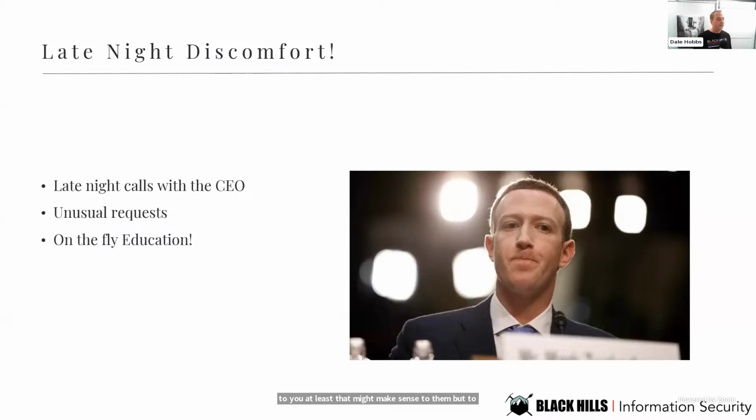But the thing here is keep your wits about you, stick to the facts, make sure things are clear. The C-suite is not dumb, but they don't know the technical details and nuances of security, right? That's why they hired you. So you can't expect them to learn our language. It's up to us then to explain things to them in the language that makes sense to them.